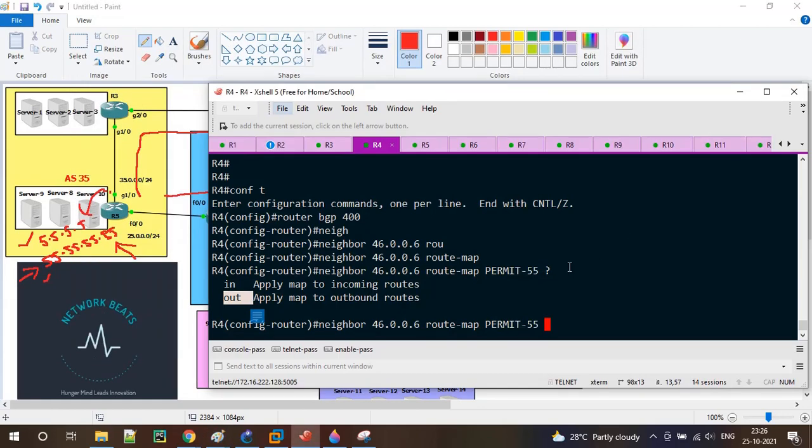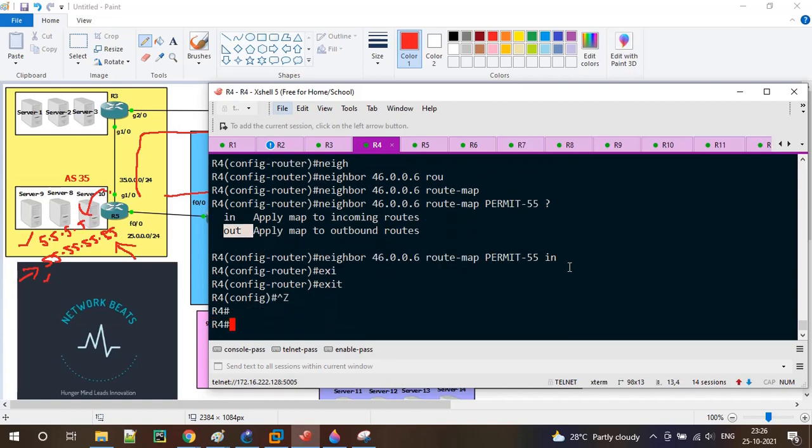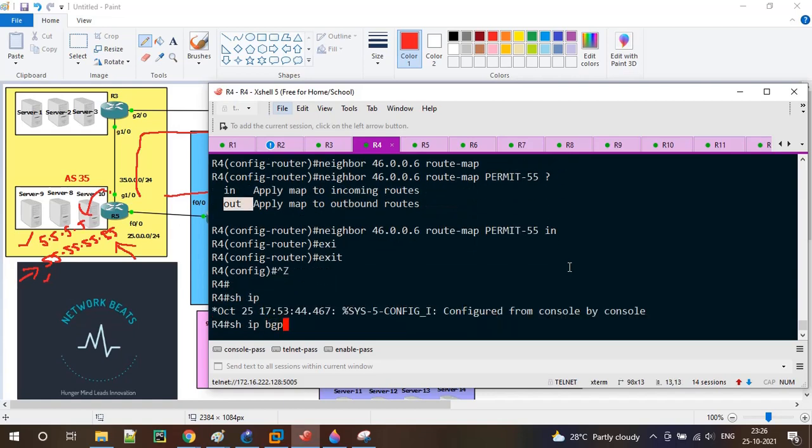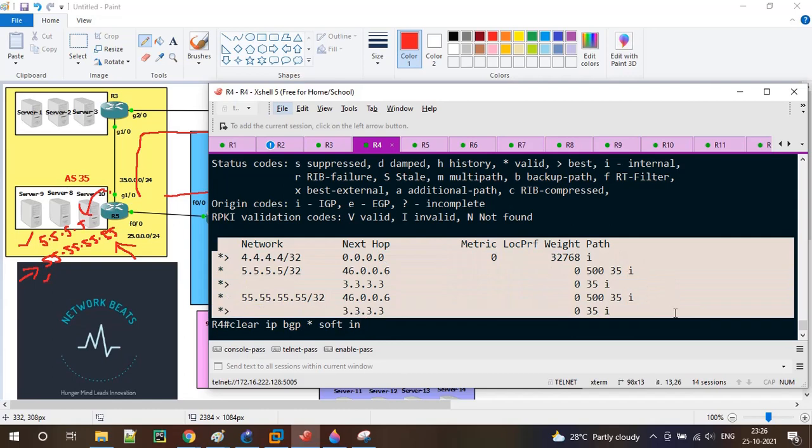So here let me type in, and that's it. Let's go to BGP, show IP BGP. It is still 0. Let me just clear IP BGP star soft in. Once I clear, this is the BGP table it is currently receiving.